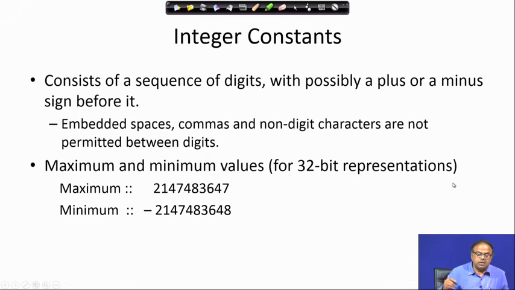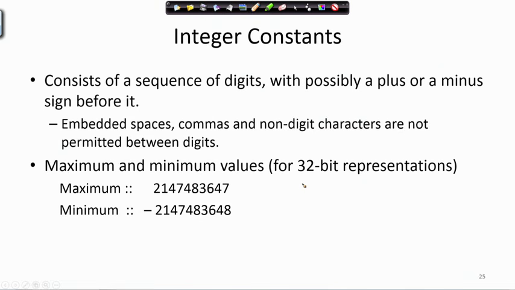You have seen the integer constants. Now, a couple of things to be mentioned: the maximum and minimum values that can be stored as an integer constant depend on how many bits are allocated for representation. For example, for 32 bit representation, I can have 2 to the power 32 different combinations. If you compute this, you will find that on one side here is 0.